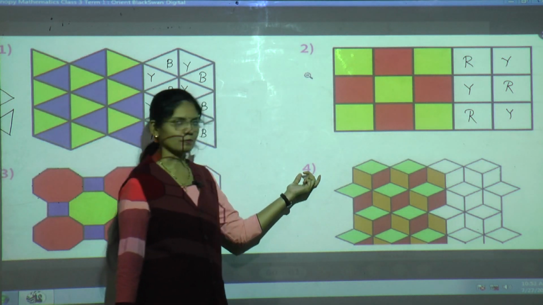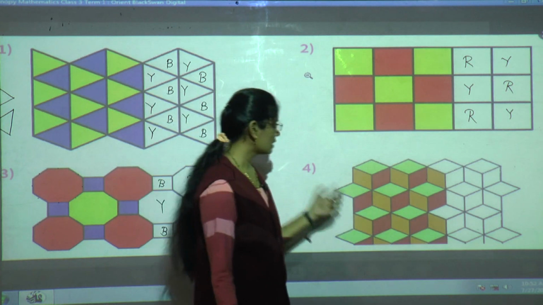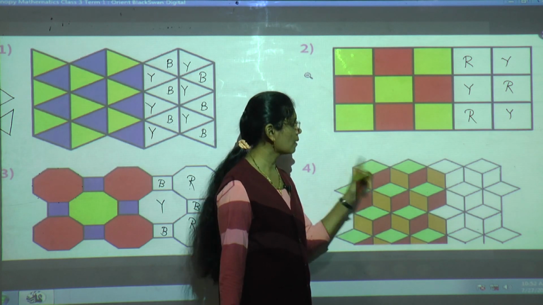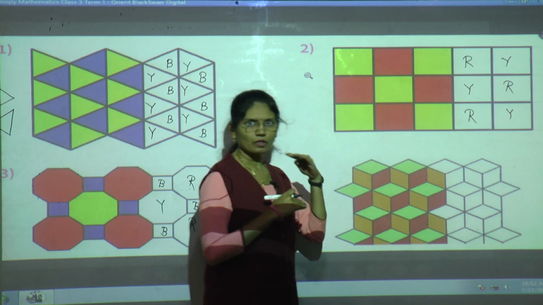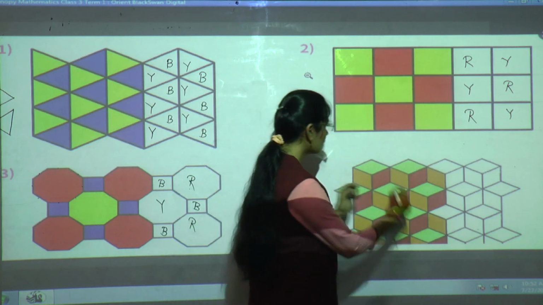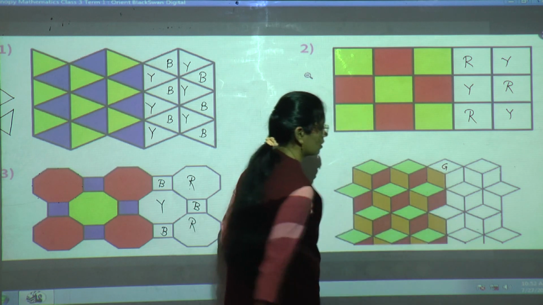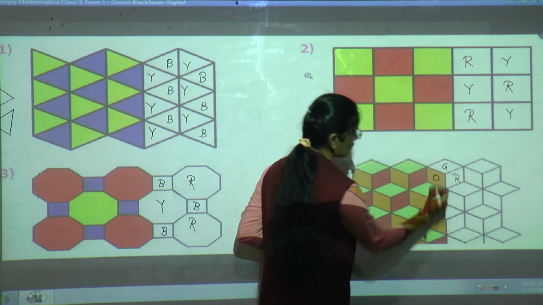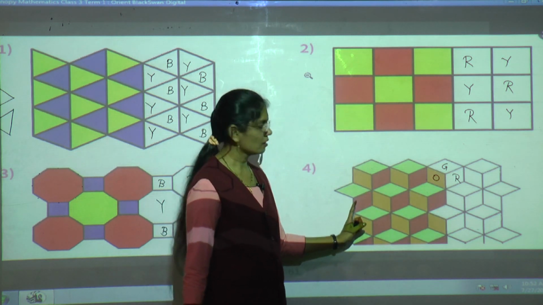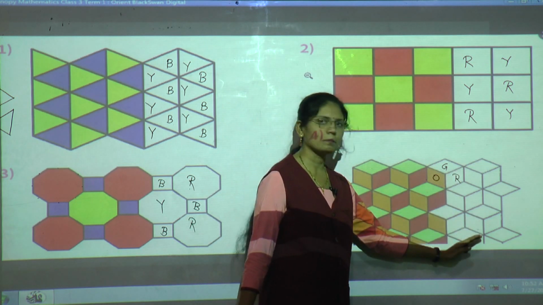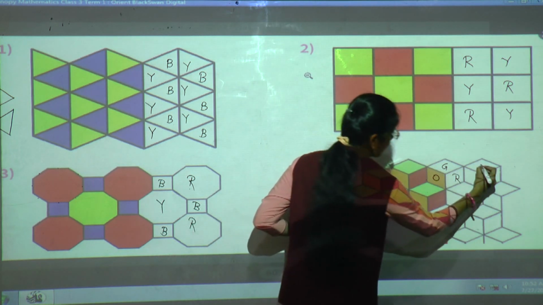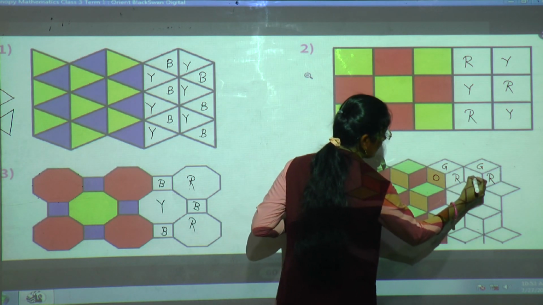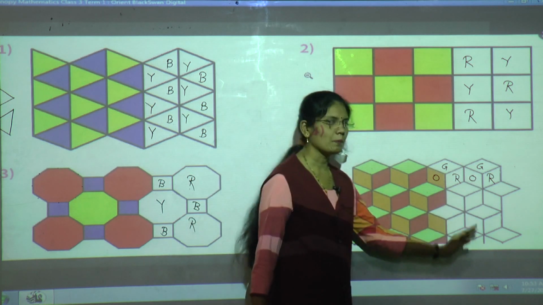Now see the fourth pattern. These are different shapes, like a cube. All the cubes are arranged or fit with each other without leaving gap. Now if we see the upside, which color is there? This is green. Then on this side they have given red and here orange color is there. Here 3 colors are there. So with these 3 colors you have to complete this pattern. Now upside we should give green, to the right side red, and to the left side orange. In this way complete this pattern.